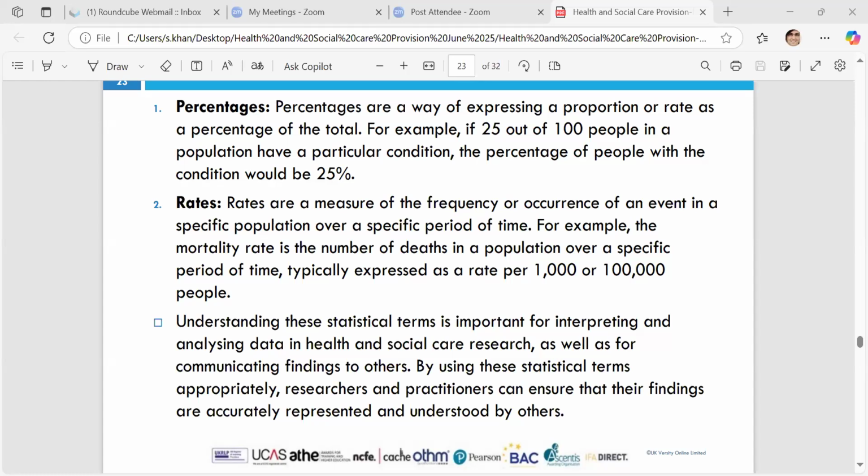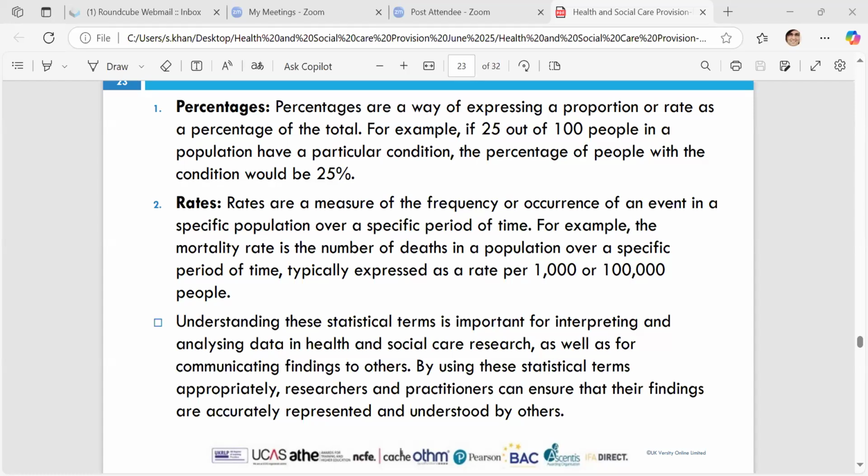They indicate how one quantity changes in relation to another. For example, the mortality rate is the number of deaths in a population over a specific period of time, typically expressed as a rate per 1,000 or 100,000. And it's really, really important to understand these statistics, because it identifies elements of trying to figure out and interpret